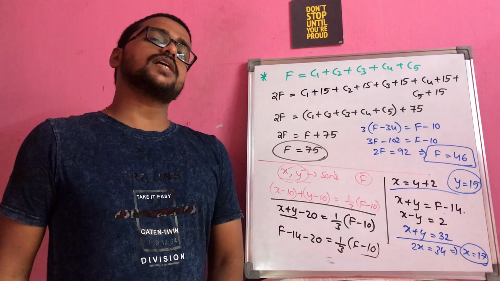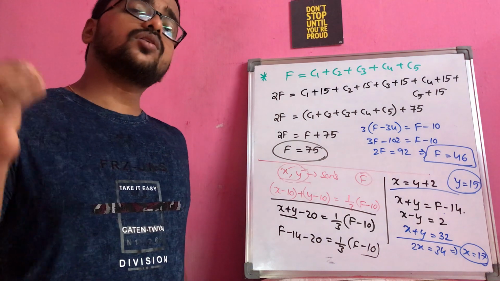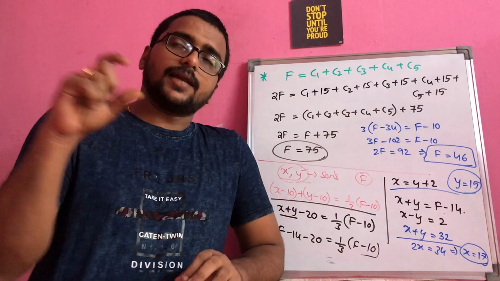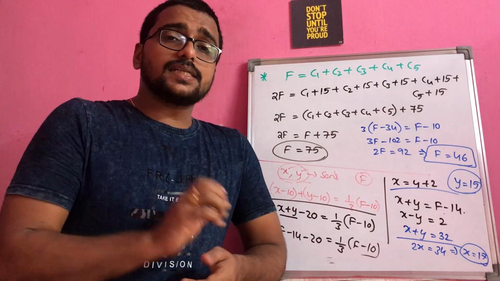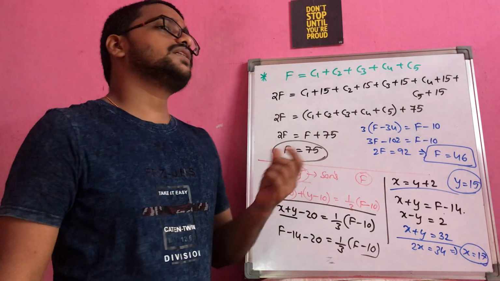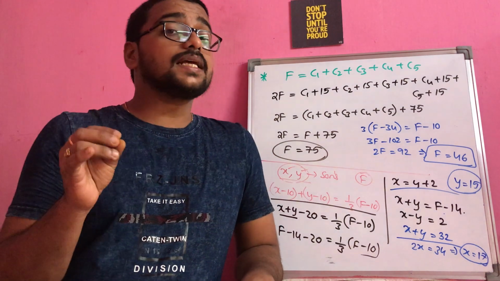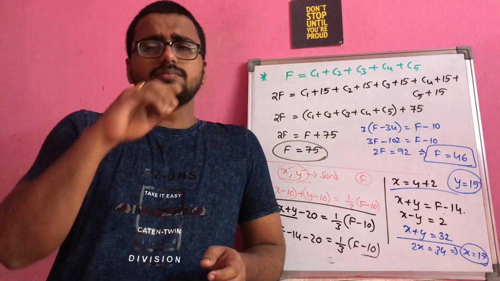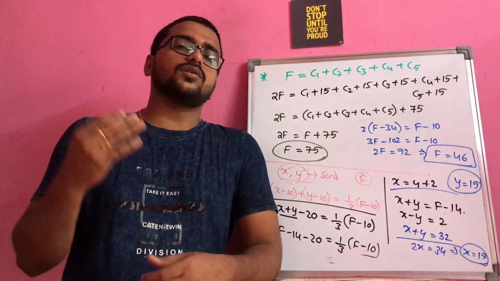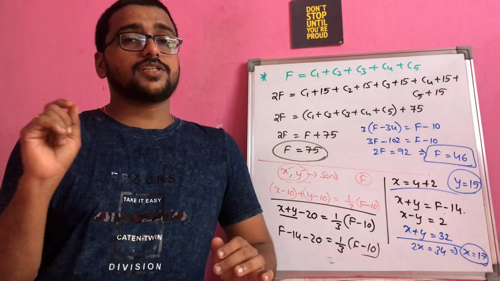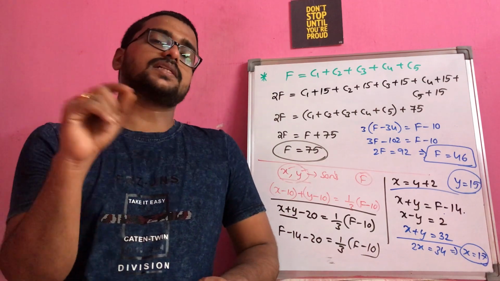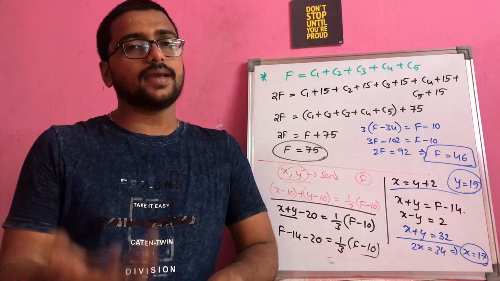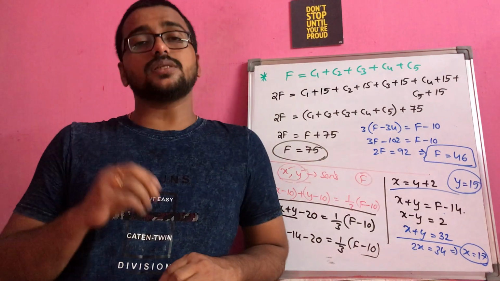Like this, you have to understand the question correctly, and you should make sure that whenever you are writing the statements for the problem, please mention whether what you are taking as variables are present ages or past ages. That is important. Generally the practice is we consider only the present ages, but please specify that let the current or present age of so and so be X years, and the present age of another son be Y years. Like that you have to mention. That will make your work simple, right?